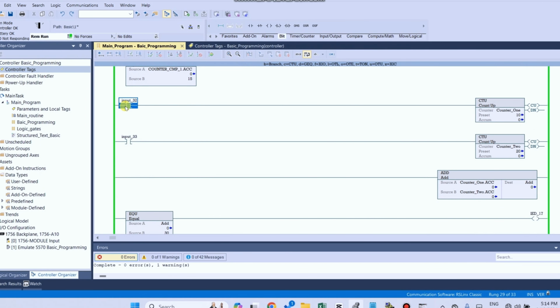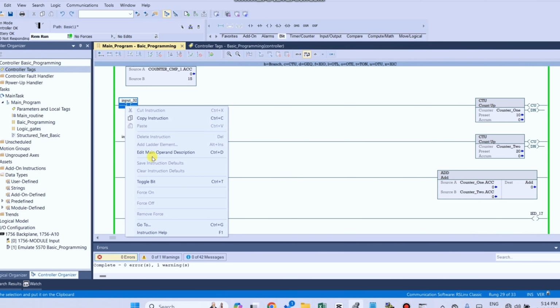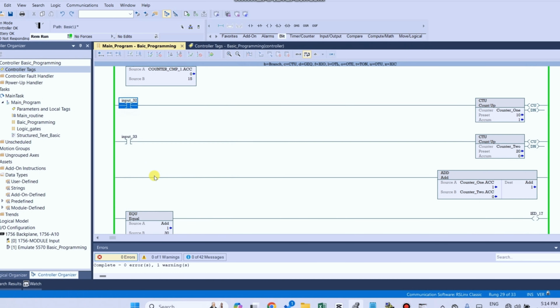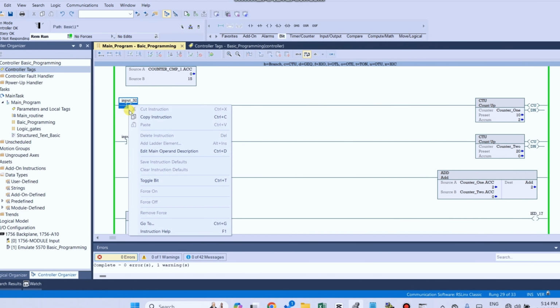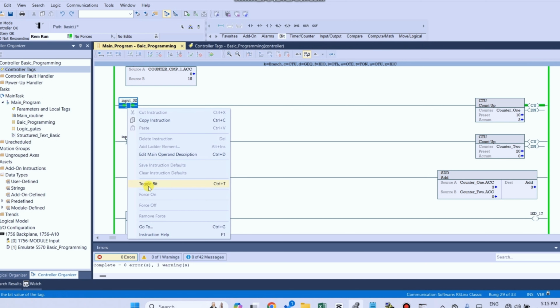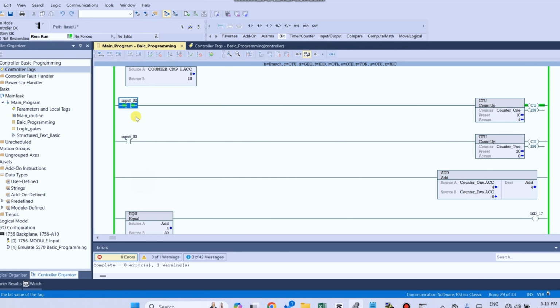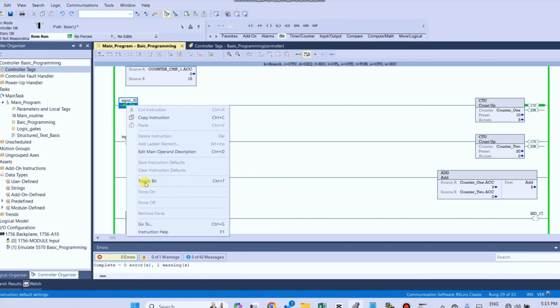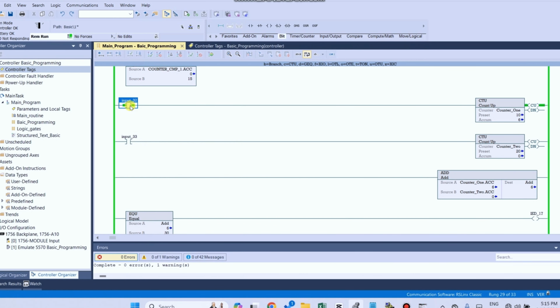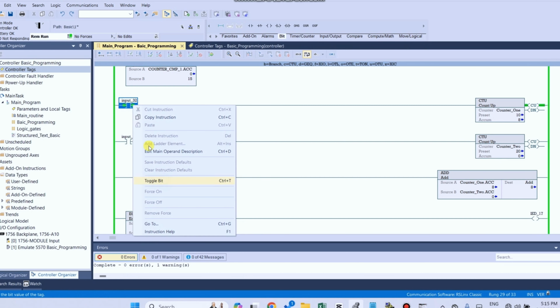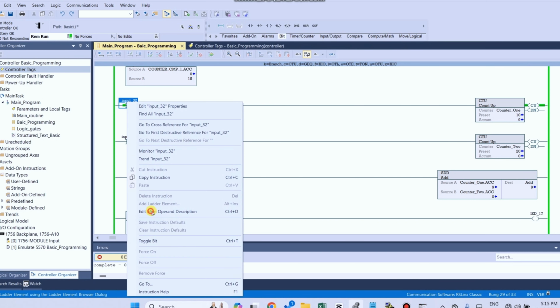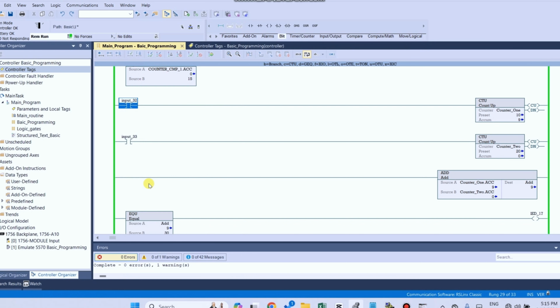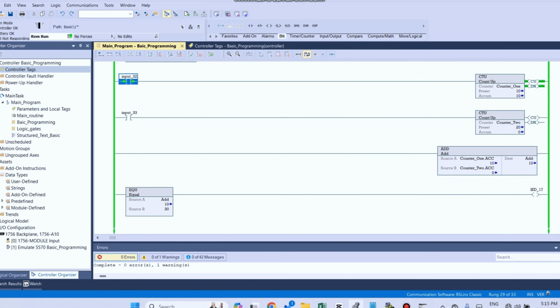So here, counter 1 value is 10: 1, 2, 3, and so counter 1 value will be 10.